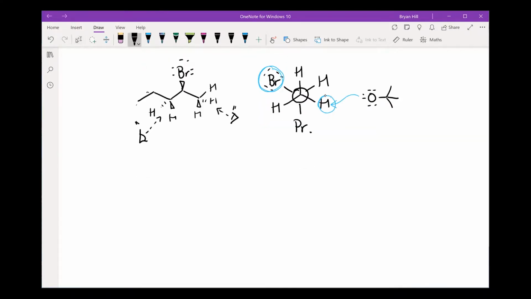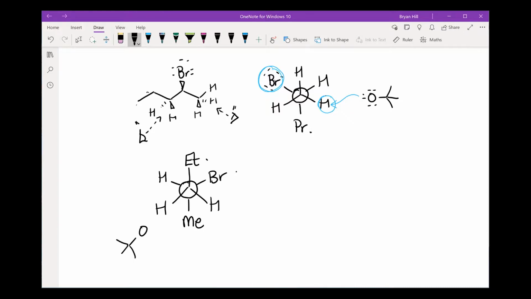See if we can do this correctly. Going up is an ethyl group, and we've got our 2 protons. And then on our right-hand side will be the bromine. Down will be a methyl group. We've got an H over here. So this, yeah. And then now, if you want to bring your big group in, you've got to worry about,